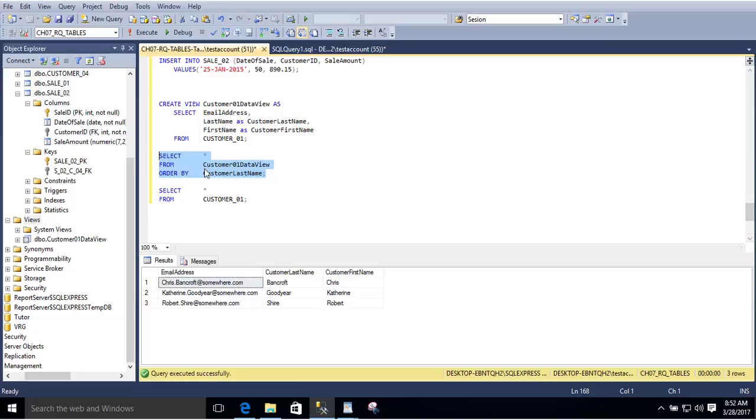And I could do that descending. However you want to do it, you can use some other commands as you would in a normal select statement against your views. It's simply a representation, or a virtual table, of the actual host table or parent table, customer 01. So creating views is really not that hard, but what it does is it allows us to have